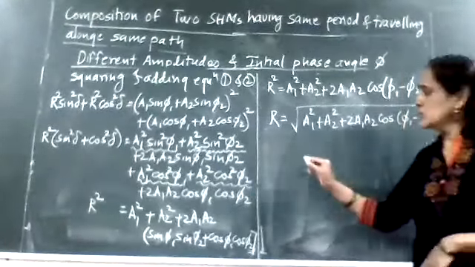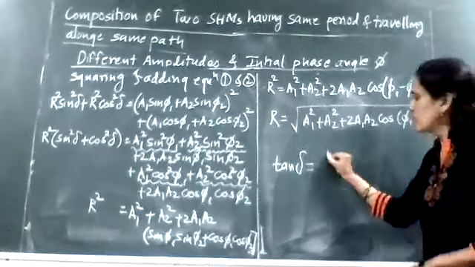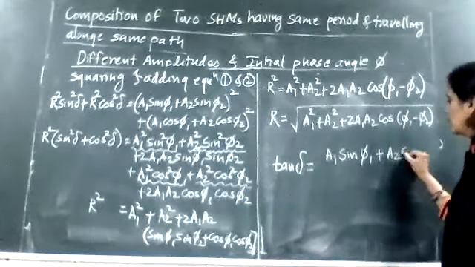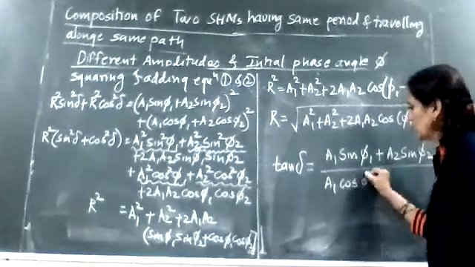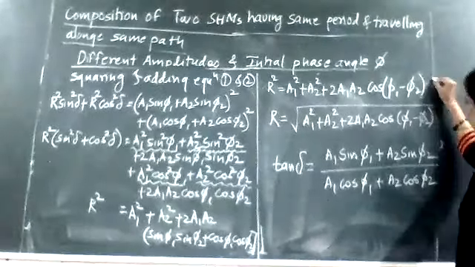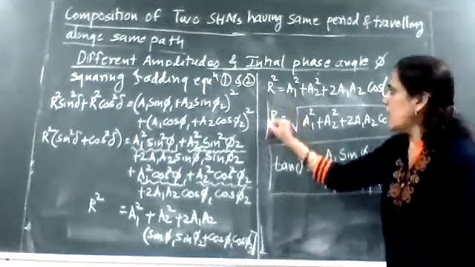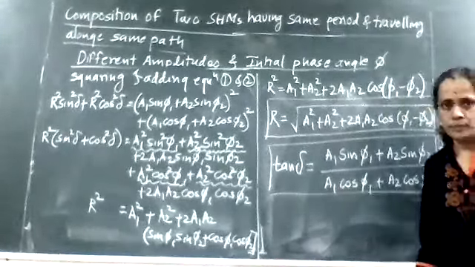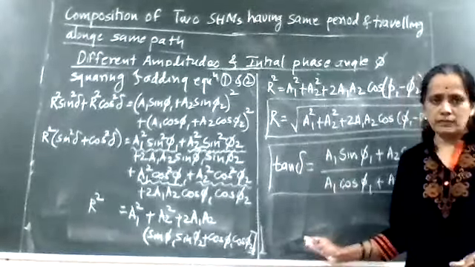And in your equation 1, if you divide it by equation 2, what do I write? Tan delta. Tan delta is equal to nothing but A1 sin phi 1 plus A2 sin phi 2 divided by A1 cos phi 1 plus A2 cos phi 2. So this I am getting as the resultant initial phase angle, and this R I am getting as the resultant amplitude of composition. Clear? So this is your complete 3-mark question, and whatever modification is there that we can see in the